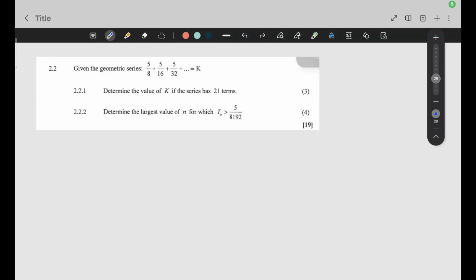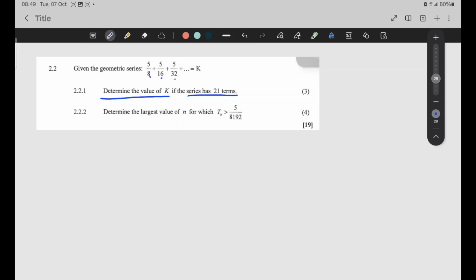2.2 says, given the geometric series. Okay, so that's a tip. They give us the series. So this plus this plus this plus more terms is equal to k. So that's given. And the question is, determine the value of k if the series has 21 terms. Okay,